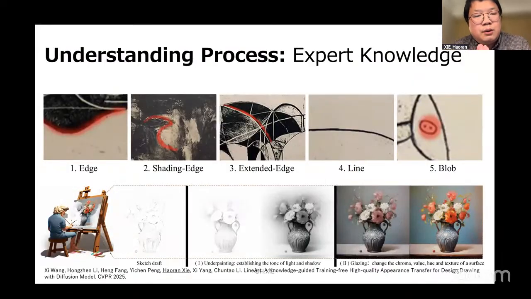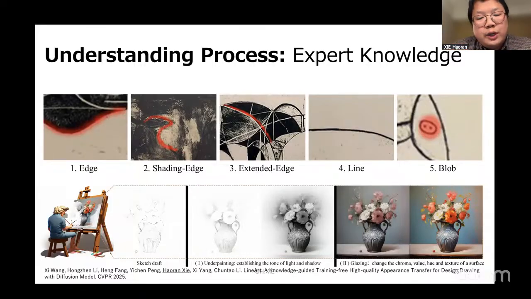We also understand the process, especially how experts draw. When experts draw something, they use different lines, I mean different thickness and different features of the lines, like shading edges or global features.